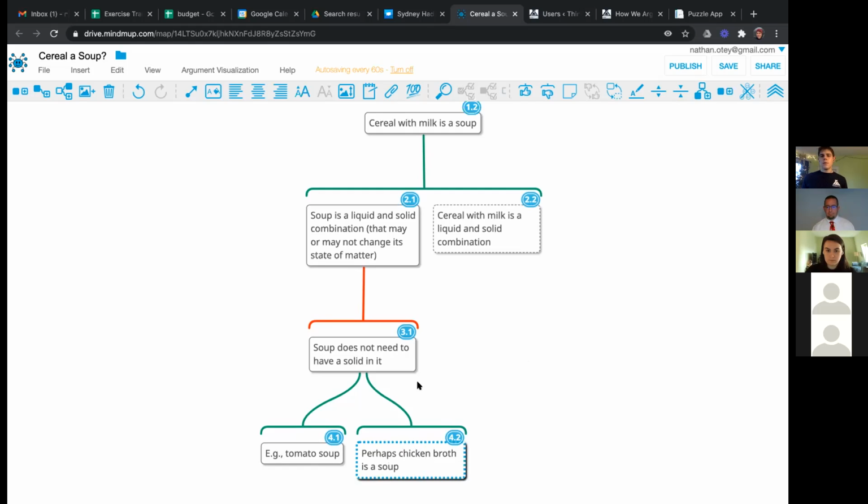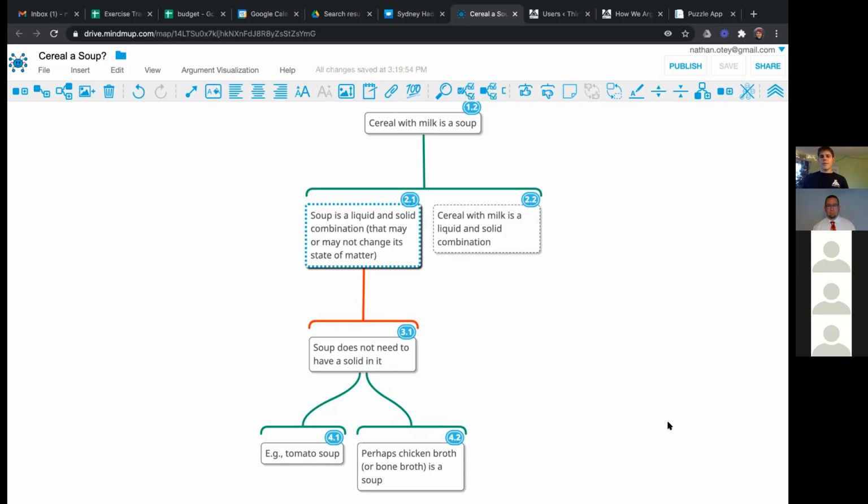A bone broth, well, if we're calling broth a soup, then a broth could be a soup because bone broth is made from boiled down bones, a solid. Oh, I see what you're saying. So you're saying, even if chicken broth is a soup, then it would at least at one time have been solid, so it still fits your definition? Yes. Got it. Okay.